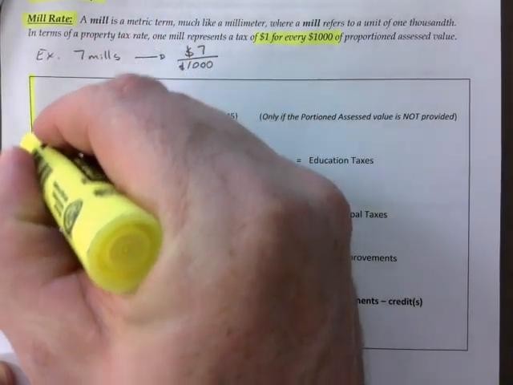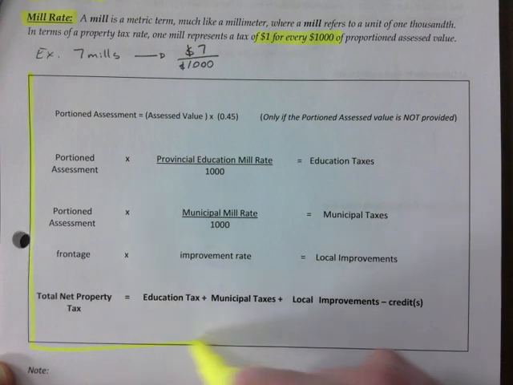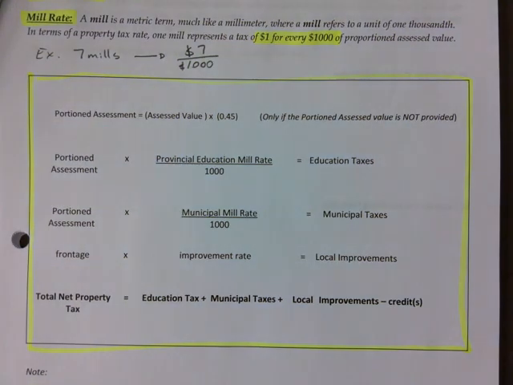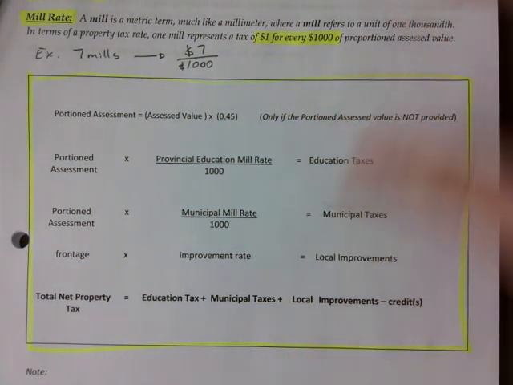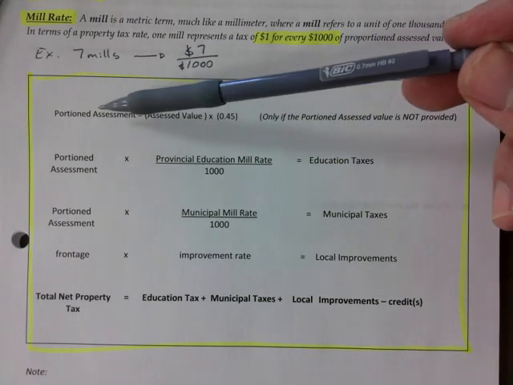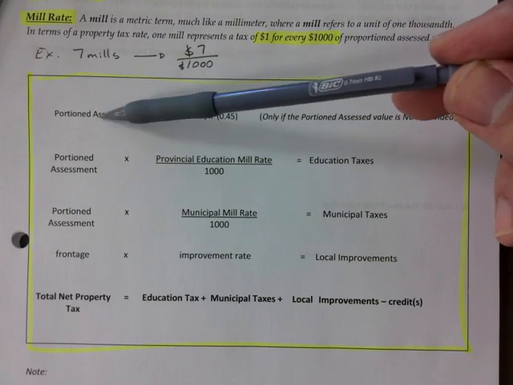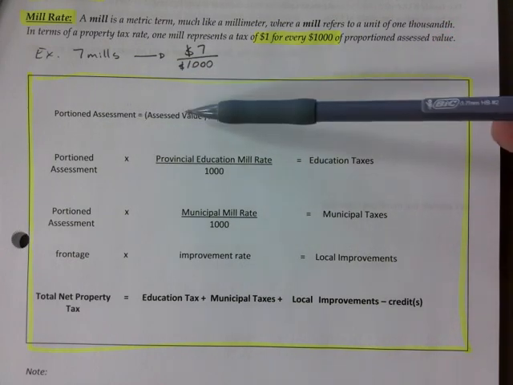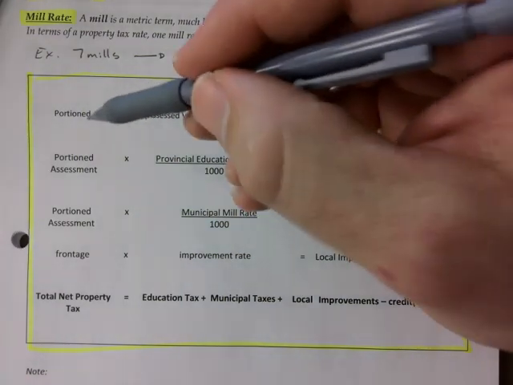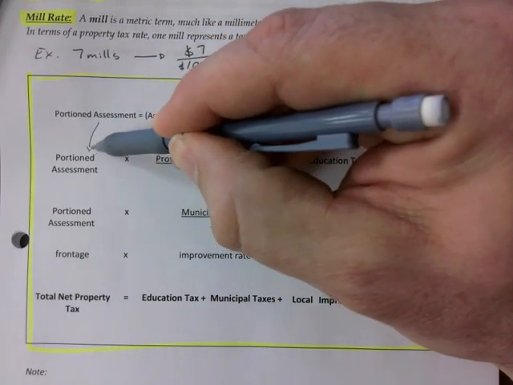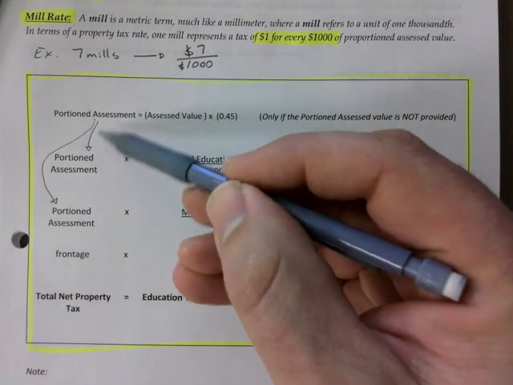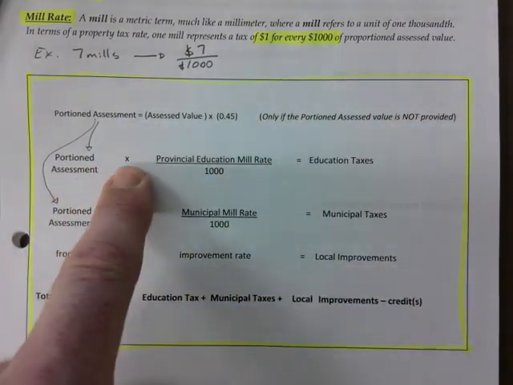I wish I could give you a formula that just works every time, but this is the best I can do. This is how you would calculate the property taxes. Watch this. You first and foremost need the portioned assessment. How do you get that? You take the value of the home, multiply it by 0.45. Once you have that, you take that portioned assessment and you multiply it by,